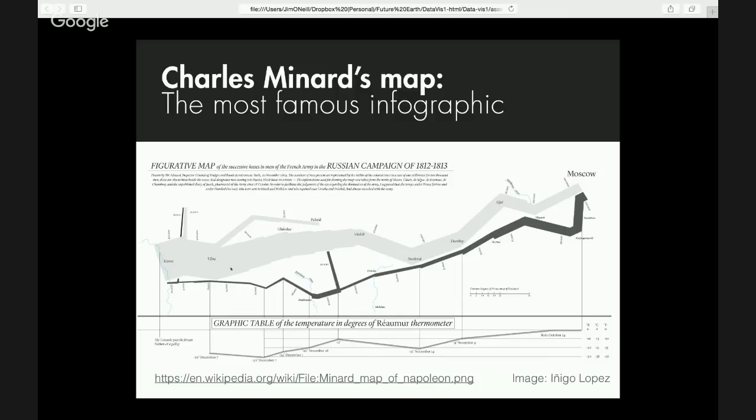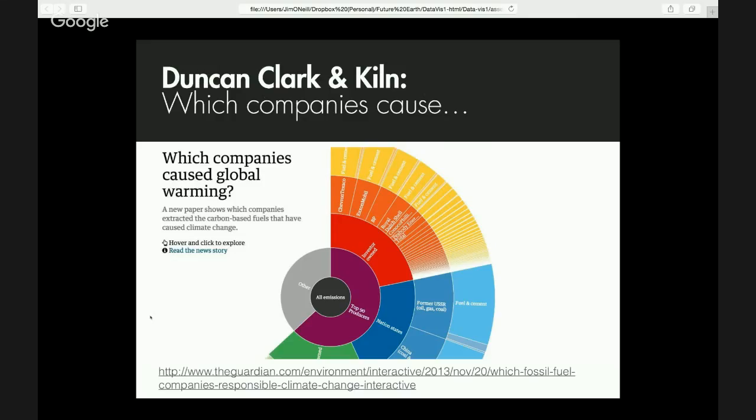You have geographical information here, which is obviously very stylized and very simplified. He's decided that we don't need to necessarily have all of the geographical information. We don't need to see the mountains. The rivers, I guess, as we can see here, are posing a significant obstacle to the army, and so he's decided to include that information. So that, one of the most famous infographics, was drawn in 1869. Let's talk about